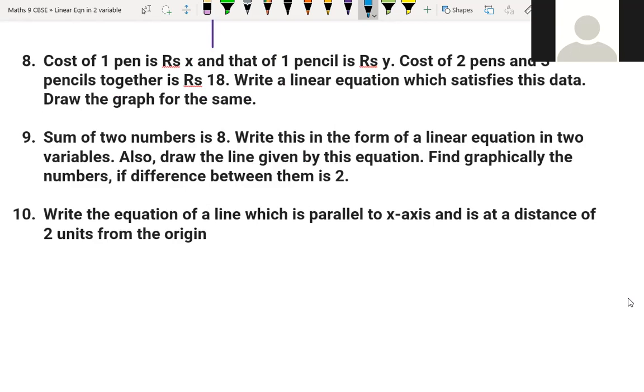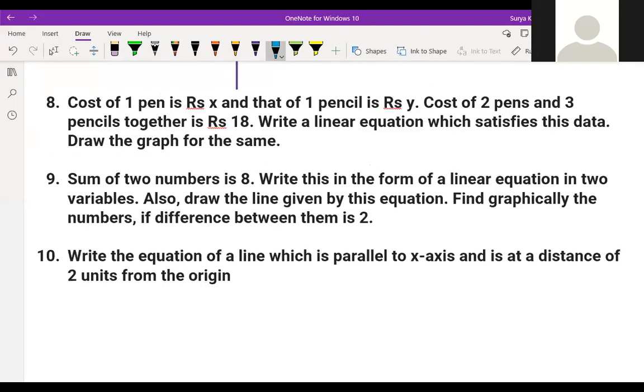We'll start the next chapter from the next class, okay? You know the test. What is the topic? This chapter is linear equations in 2 variables, right? This one and one more chapter will be mixed in the test, so 2 chapters will be mixed. We'll just try to do 2 chapters. I'll send you the portion tomorrow.